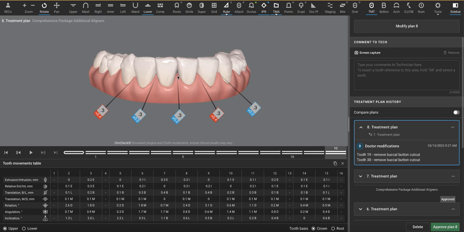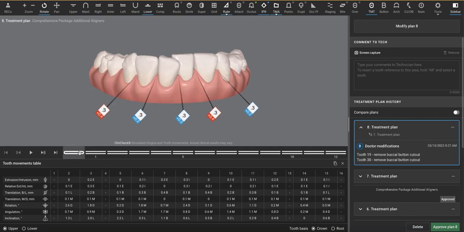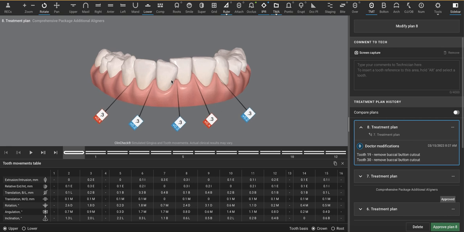And then when we do our refinement trays after the end of these 12 trays, we'll program in the IPR here based upon those variety of factors that we just talked about. So as you can see here, that's a very difficult place to do IPR. You can take a